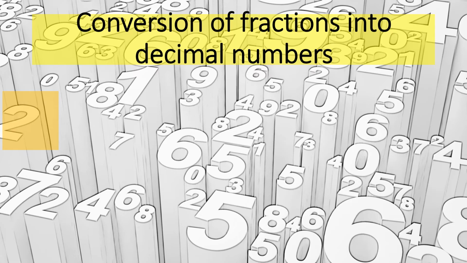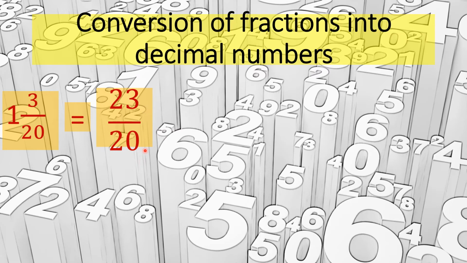One more example, but this time it is a mixed number, mixed fraction. So what we will do now, I have already told you that whenever your question is in form of mixed number, convert it into improper. It means 1 and 3 by 20 will be 20 ones are 20 plus 3, 23 by 20. It is an improper fraction.